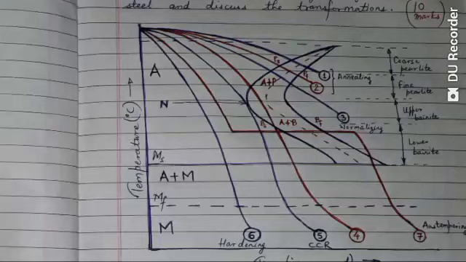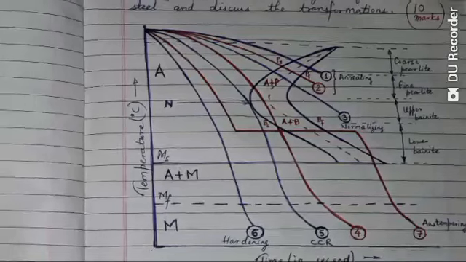So when at this particular temperature or the rate it is cooled, then we have the pearlite, which is coarse pearlite and fine pearlite, and then we have this normalizing, and then the curve number 4, which is missing the nose and going to the right side of the nose,